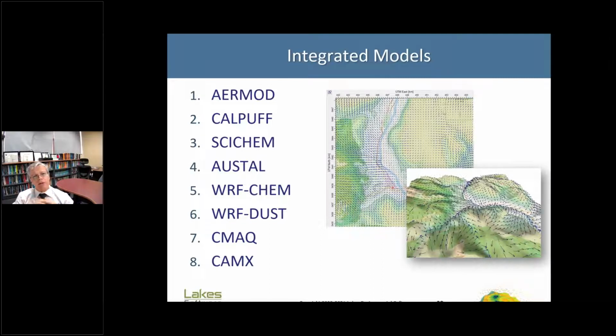But for real time, we need to use from number 2 to number 8, ideally 2, 3, and 4. And one of the reasons is with SkiCam, we can have the chemistry of CMAQ right here, photochemistry, and we can trace back to the source.